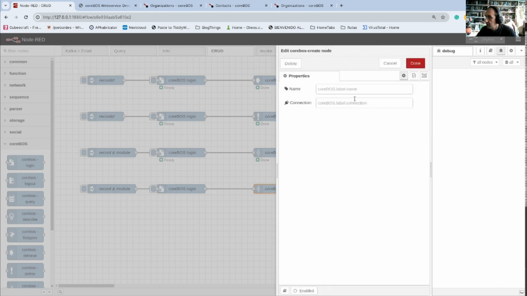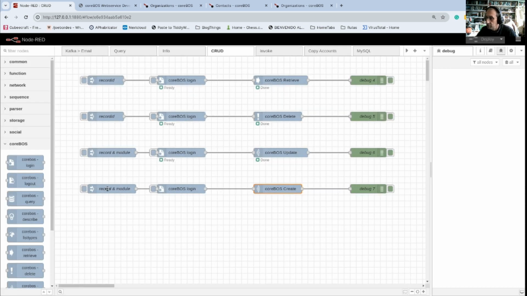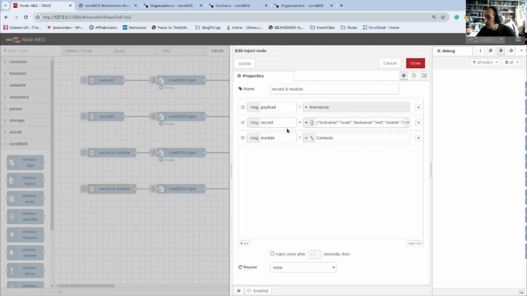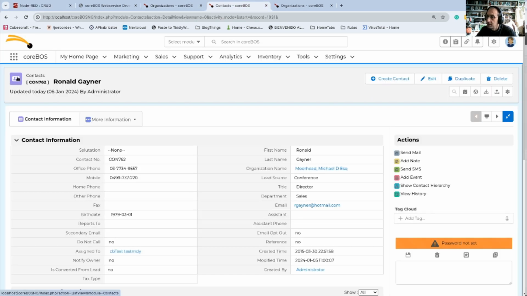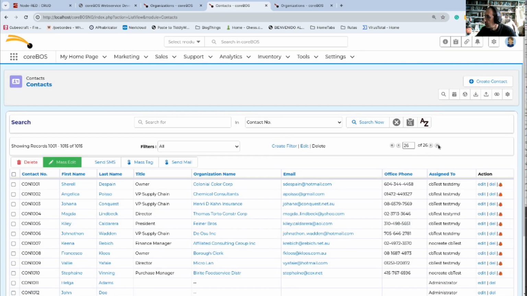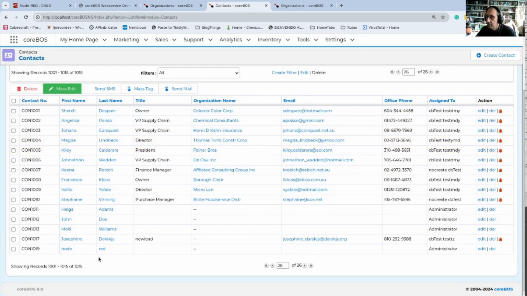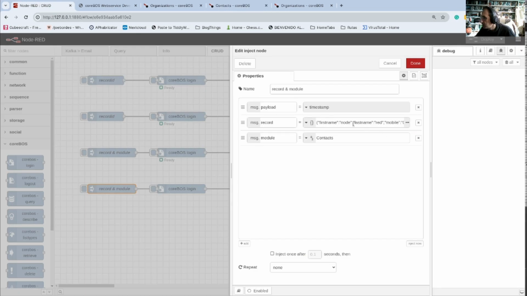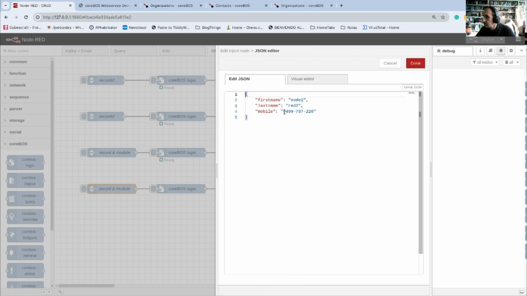In this case, there's no connection information. There's no parameters there because the parameters are coming in again through the module and the record. In this case, I'm creating a Node-RED record, which I probably already have because I probably did some testing before. So if we come here to the end, I already have that Node-RED record, but if we change the first name to Node2 and last name to Red2, actually let's do that here, Node-RED2,